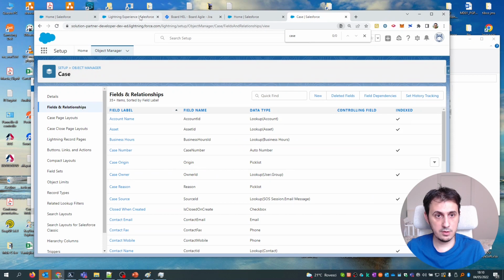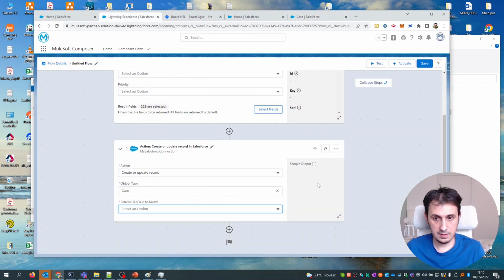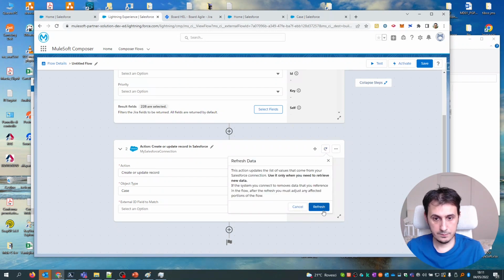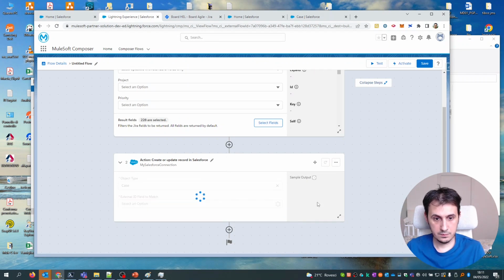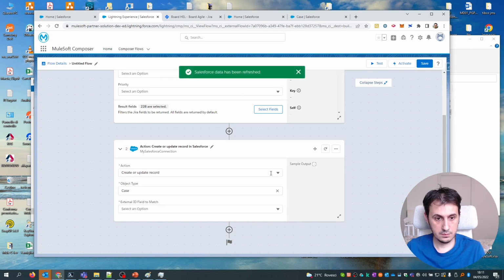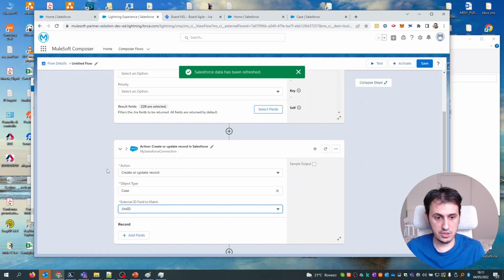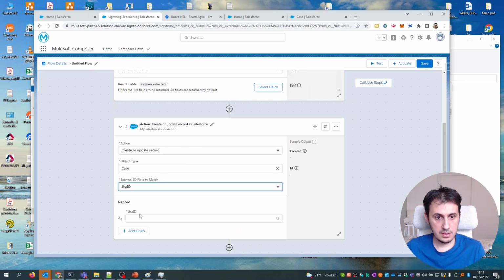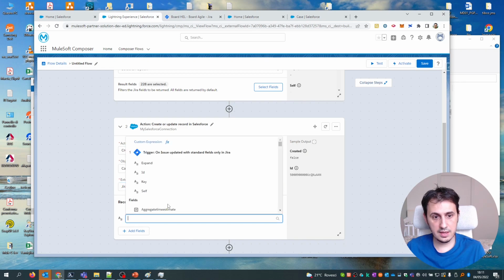Let's go back to the Composer. Let's check, let's refresh. Okay, as you can see, the new Jira ID. Okay, let's map the Jira ID with the ID coming from Jira.